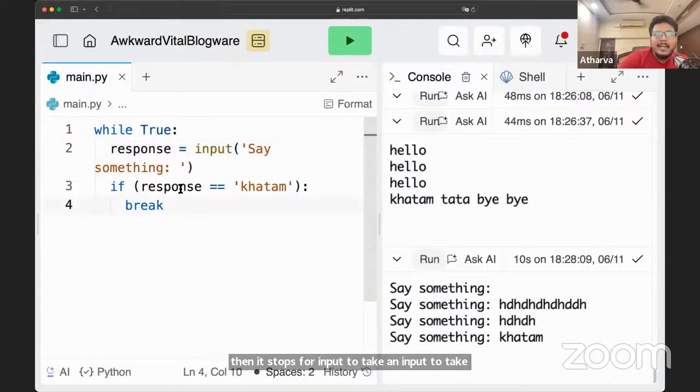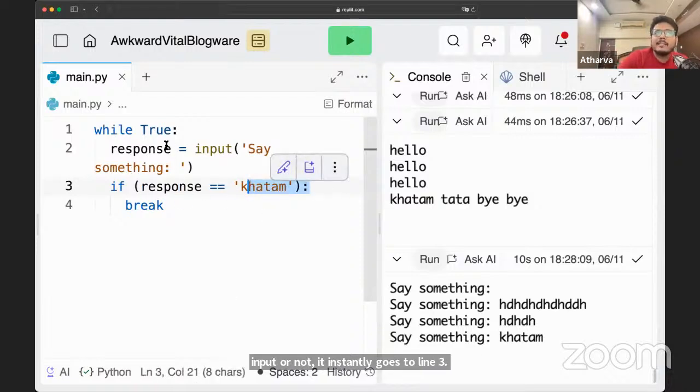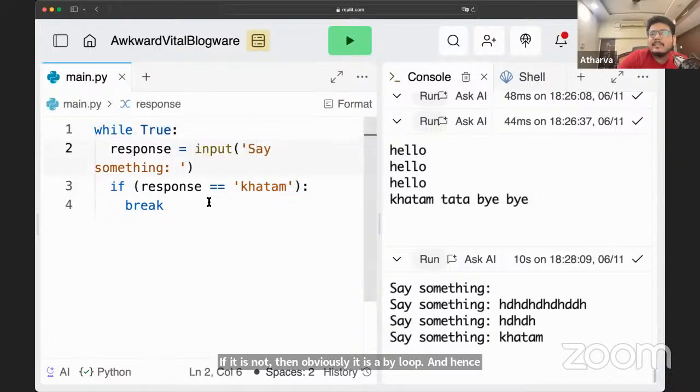Then in response, it checks if you gave this exact input or not. If yes, it instantly goes to line 3. If it is not, then obviously it is a while loop, and hence the condition is again true. It repeats itself and asks for your input again. So it keeps on repeating this loop. That's what is happening in here. In this sort of scenario, break is super useful.